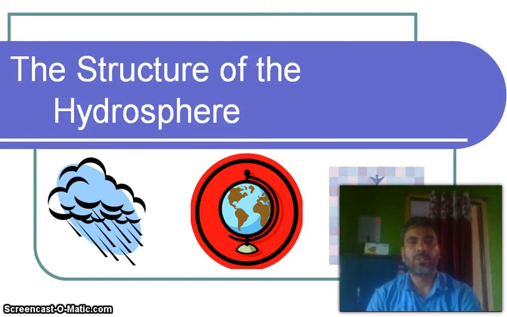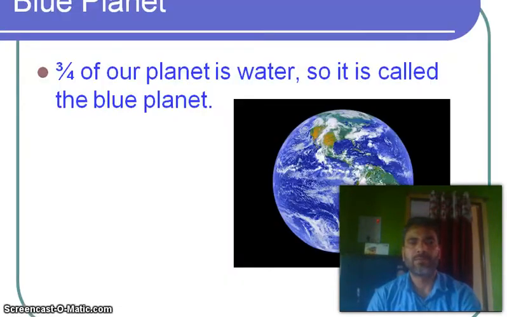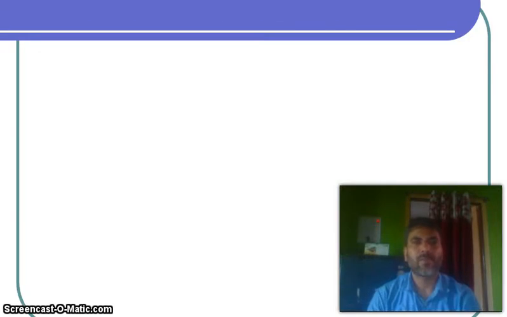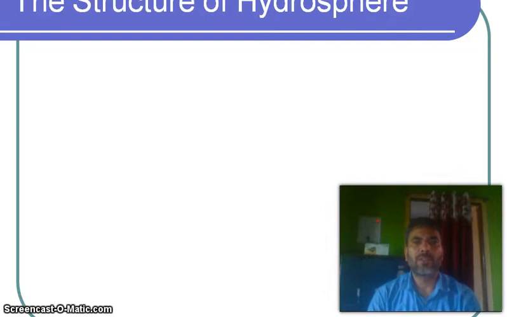Today in this video, I am going to talk about the structure of the hydrosphere. So, blue planet: 3/4 of our planet is water. So, it is called the blue planet. The structure of the hydrosphere: